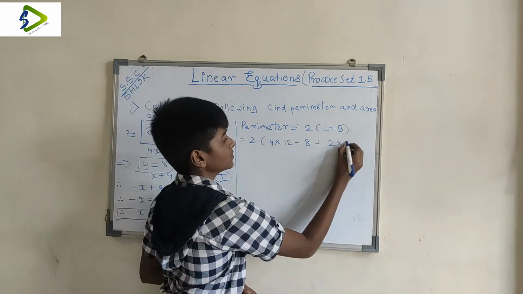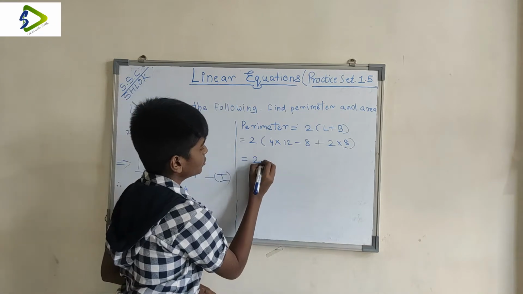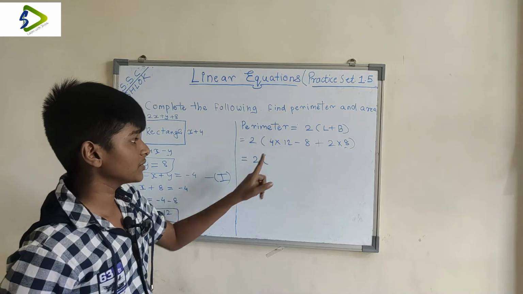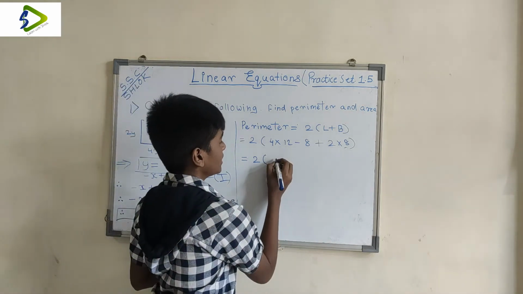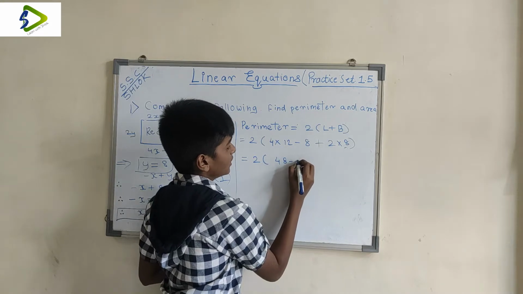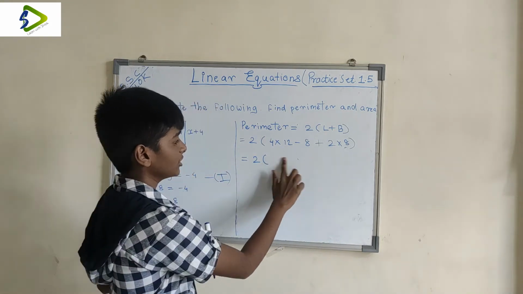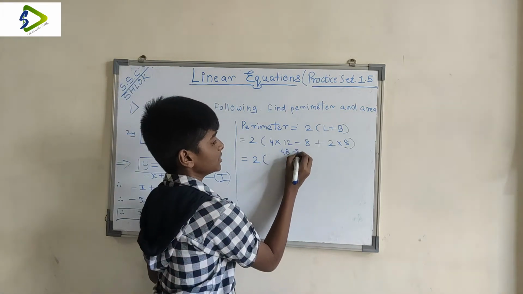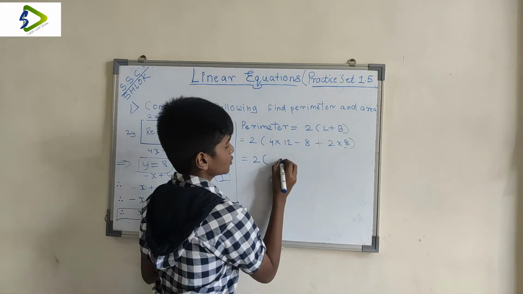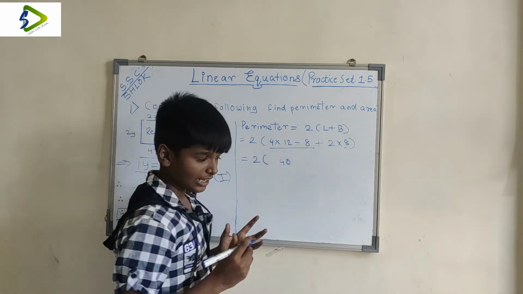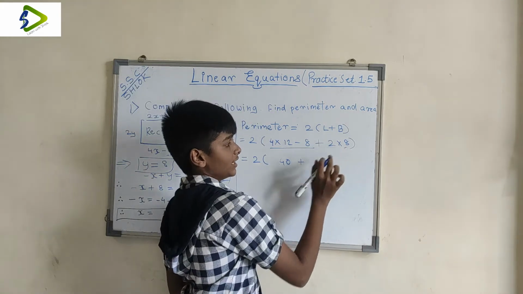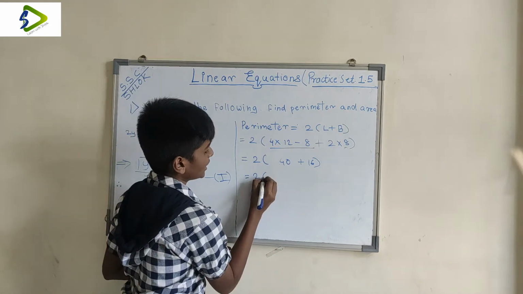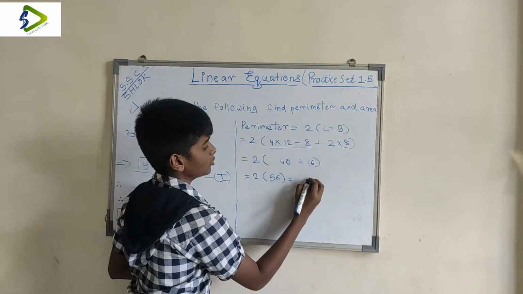write 2 times 8, and that means that 2 times, now we have to solve over here. So first we do 12 times 4. 12 times 4 is 48, so it becomes 48 minus 8. I'm already solving it over here only. 12 fours is 48, and 48 minus 8 is 40. So this side we got as 40, and this side plus sign, and then 8 twos is 16. So 40 plus 16, and that means that it becomes 2 times 56, which is equal to 112.